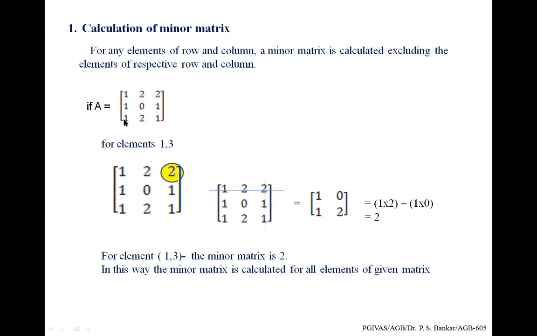We are excluding the other elements in the row and column of this 1. So we'll have this square matrix 0, 1 and 2, 1. Likewise, we can estimate the minor matrix, isn't it? For example, for element 1, 3. The 1, 3 element means first row and third column, the value is 2. So we'll exclude the